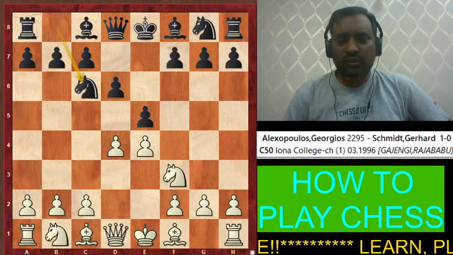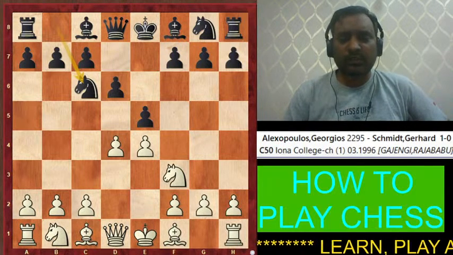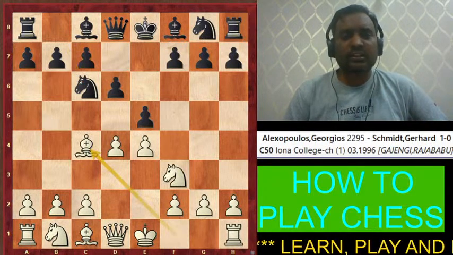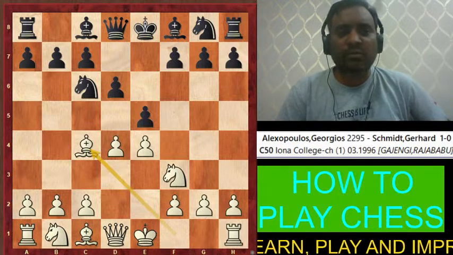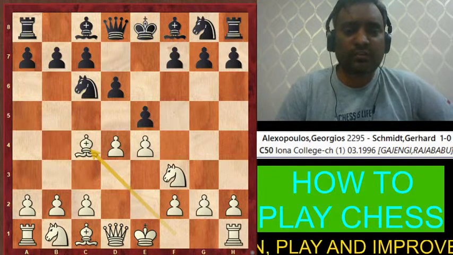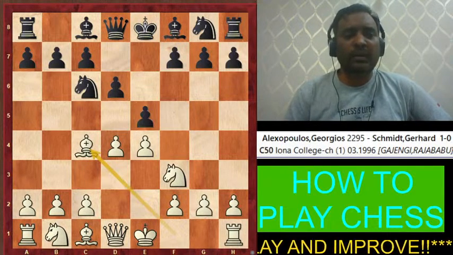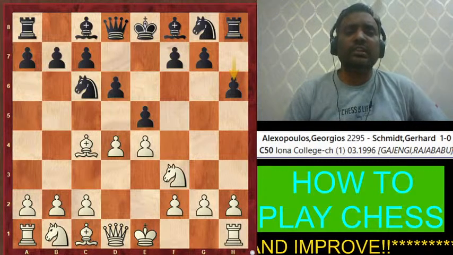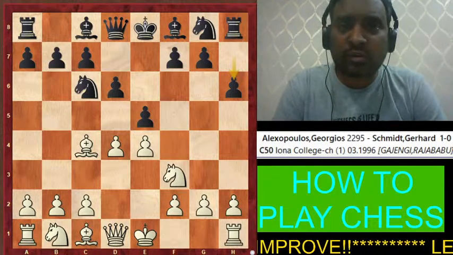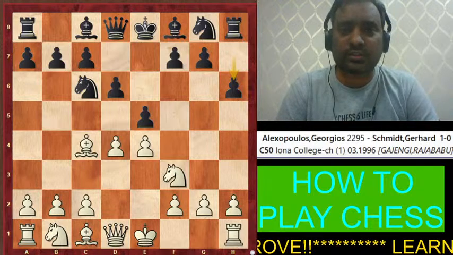Yes. Come on, anyone else? Which move would you like to play? Shoaib has already said that bishop c4. Yes, in this game also the bishop has played to c4. And you know what? The black played here some waste move. That is h6. This is also against chess basic rules.